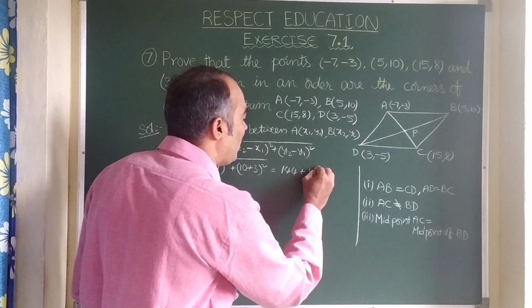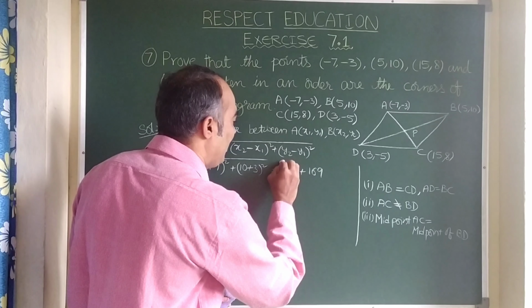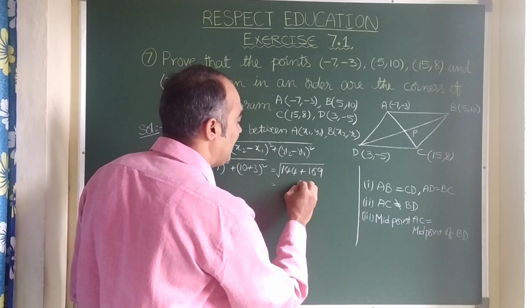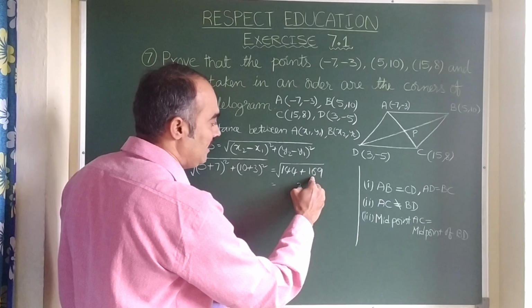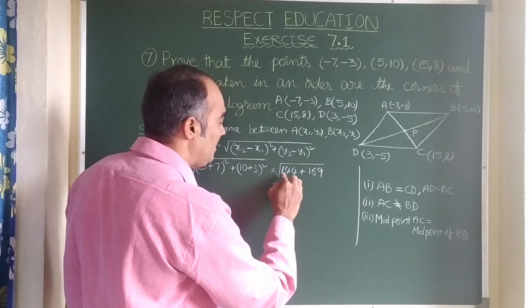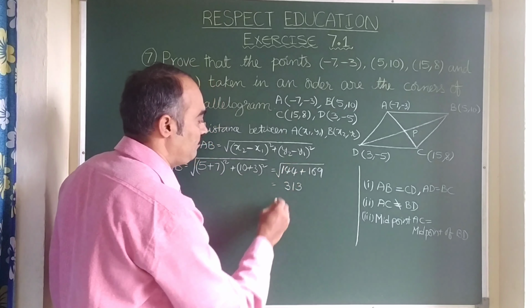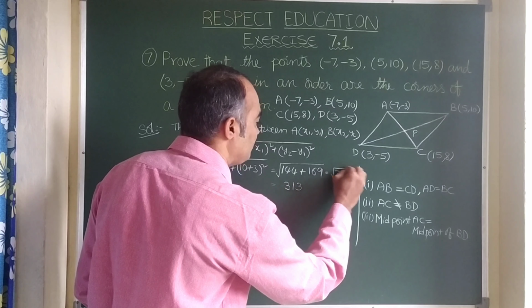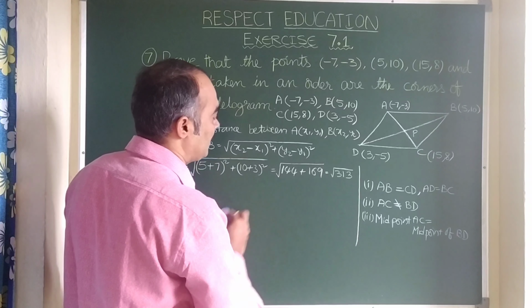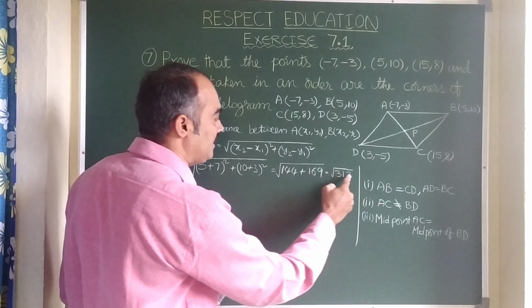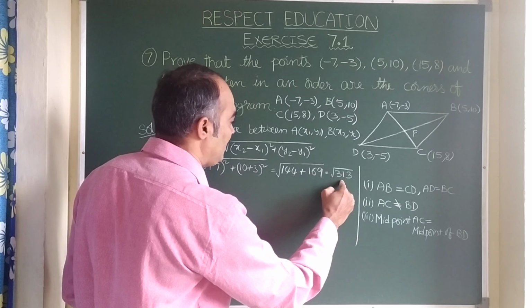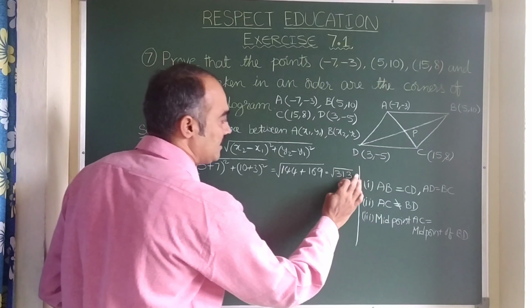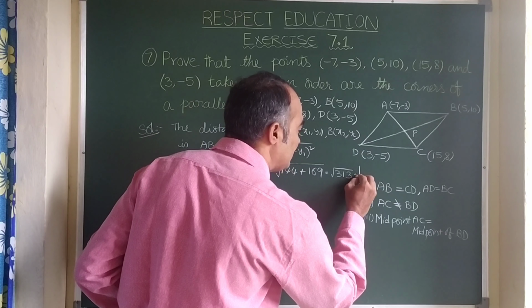13 square is 169. When we add them, 144 plus 169 gives 313. Let us check once again: 9 plus 4 is 13, carry 1, 4 plus 6 plus 1 is 11, carry 1, 1 plus 1 plus 1 is 3. Okay, right. 313 units. I am writing a small u because there is no place.